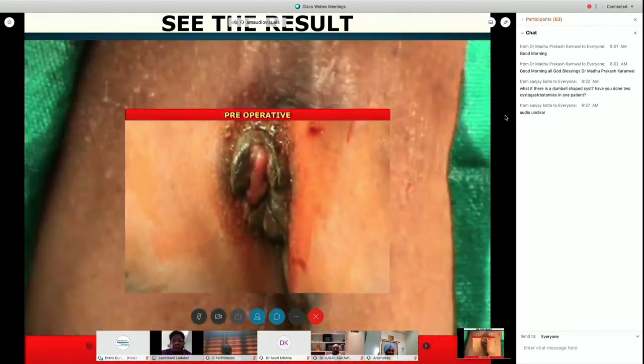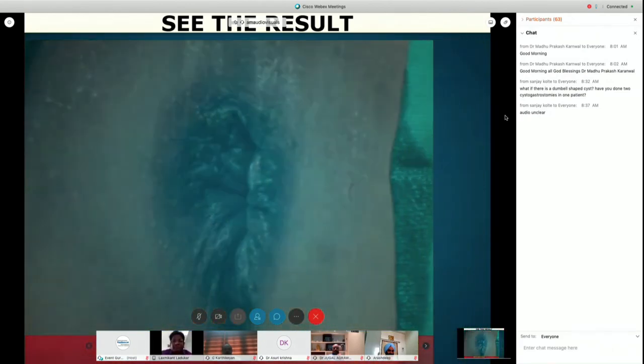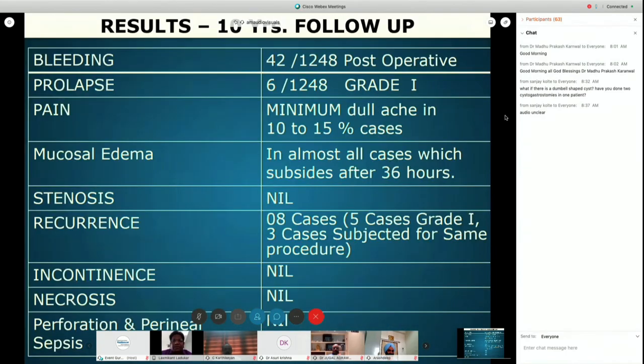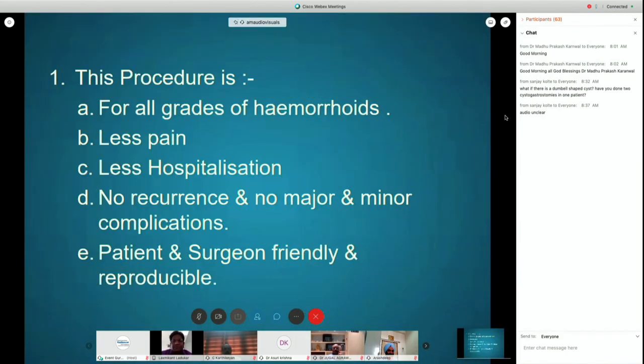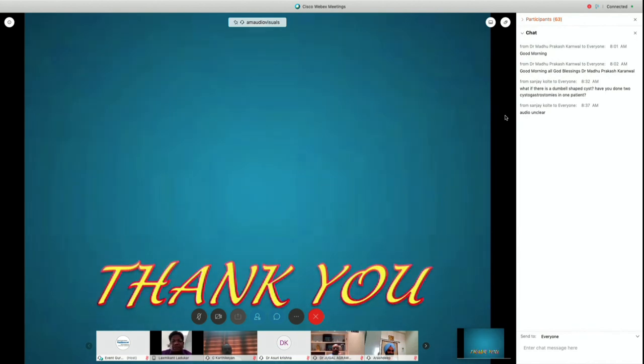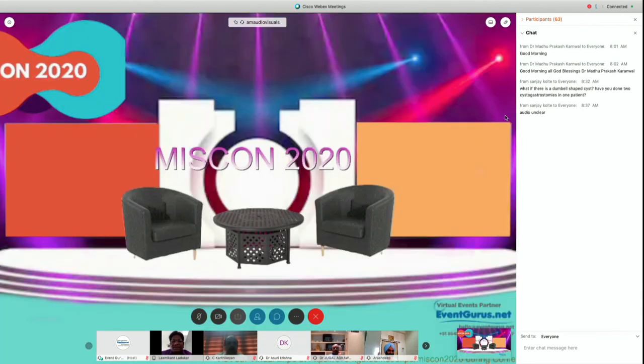Hello. Are you getting me? I think I have a question. To me, the procedure was not exactly clear. Do I presume that this was a circumferential incision starting from 3 o'clock? Starting from 3 o'clock, you go 4 centimeters above the dentate line, and circumferentially you come back to 3 o'clock again. Yes. Is it?